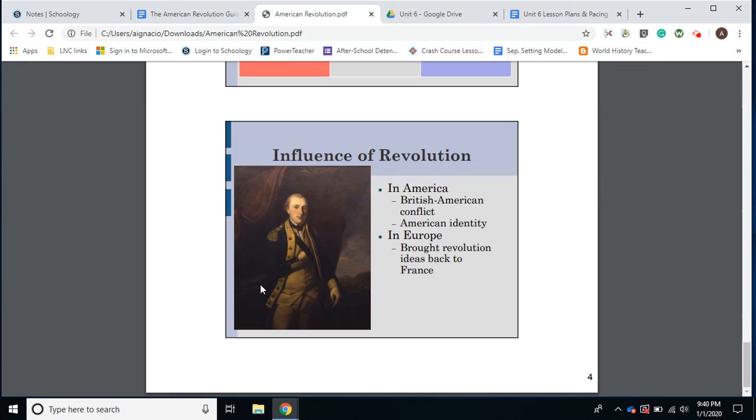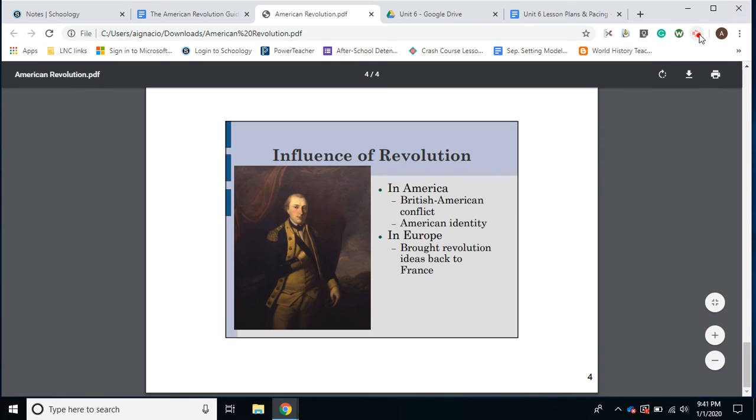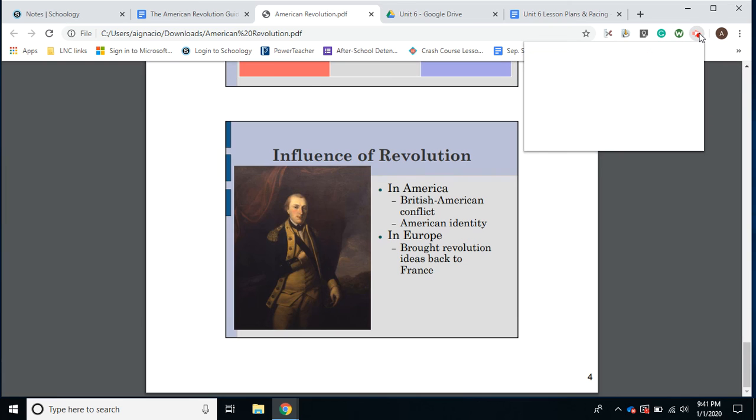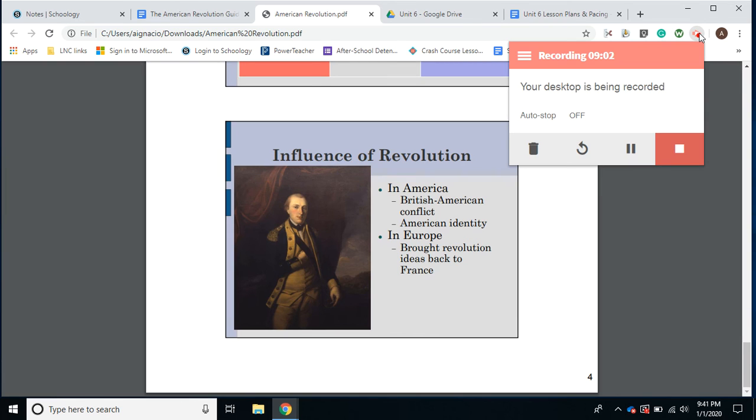And then we're also going to look at, again, Enlightenment ideas and how those are going to influence the French Revolution as well. But what's key here is that the French had aided the Americans in the Revolution. So the French soldiers coming back from the Revolutionary War, and also the French citizens, after seeing them aid the Americans in the Revolutionary War, are going to take those ideas back to France. And that's going to, again, be partially what fuels the French Revolution.